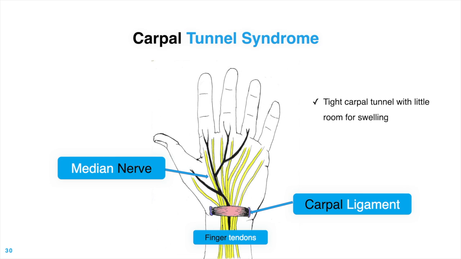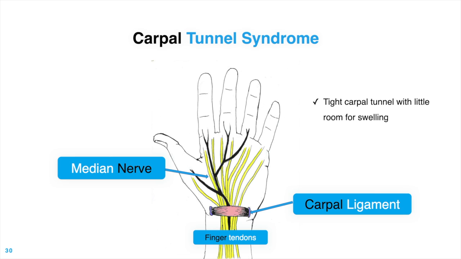Carpal tunnel syndrome is a pinched nerve at the wrist, affecting fingers 2, 3, and 4, plus causing pain and nerve symptoms in the wrist that can run up the arm, sometimes all the way to the neck and shoulder in some cases. The median nerve enters the hand by passing through a very tight confined space between the carpal bones of the wrist. Overwork at the wrist can irritate that nerve, causing it to swell within the carpal tunnel. There is no room for it to swell within the carpal tunnel, so the nerve can be damaged.